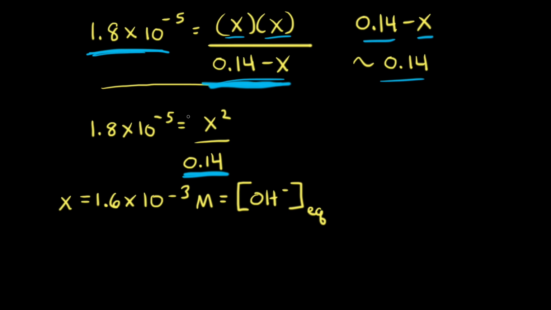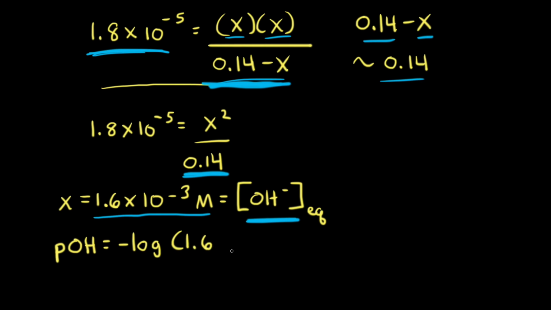So now we solve for X, and we find that X is equal to 1.6 times 10 to the negative third molar, which is the equilibrium concentration of hydroxide ions. Our goal is to calculate the pH of our solution, and first we could find the pOH, because pOH is equal to the negative log of the concentration of hydroxide ions. So the negative log of 1.6 times 10 to the negative third is equal to